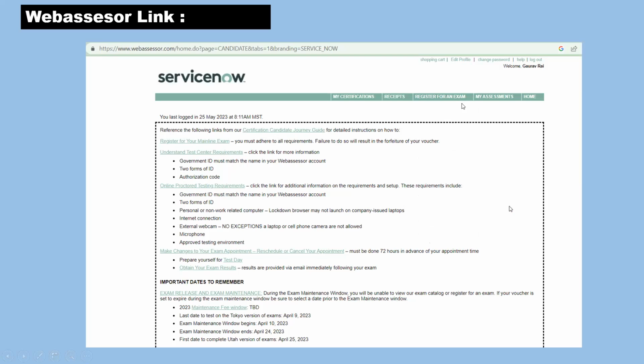When you click on Register for Exam, you will find the list of certifications related to ServiceNow. You have to click on the one you need to attend. It will show $450. Then, you remember I talked about the credentials and voucher, which will be generated after completing the